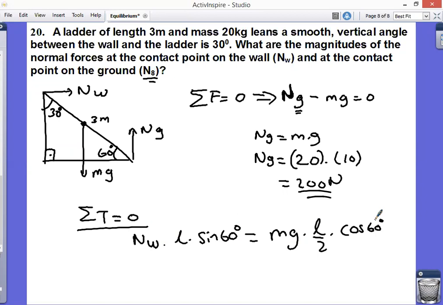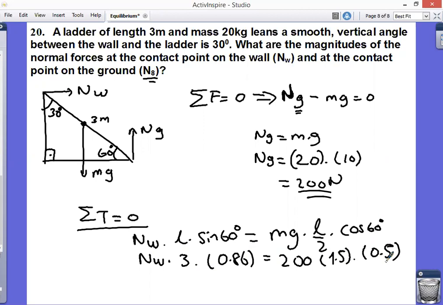So we can find NW over here now. NW times what is our L? It is 3 meter times what is the value of sine 60? Do you guys know? 0.86, I think. I just remember it was something like that. So m g is again 200 times the half of the L, which is 1.5, times 0.5. So when you do this, at the end, you're going to get the force due to wall as 57.7